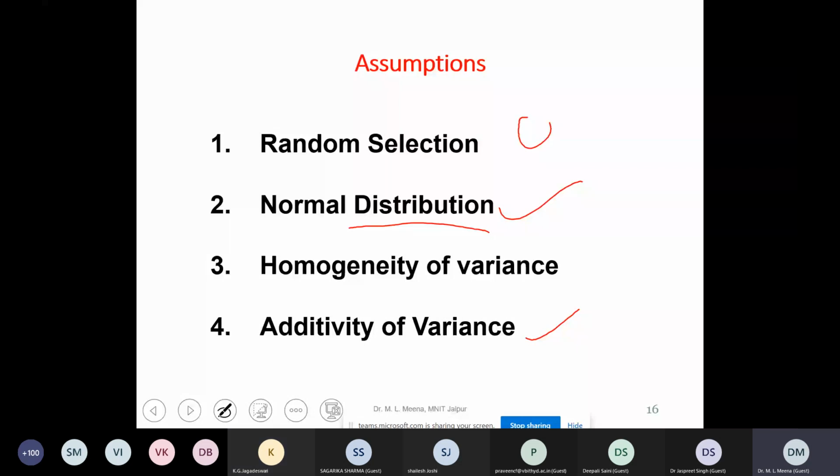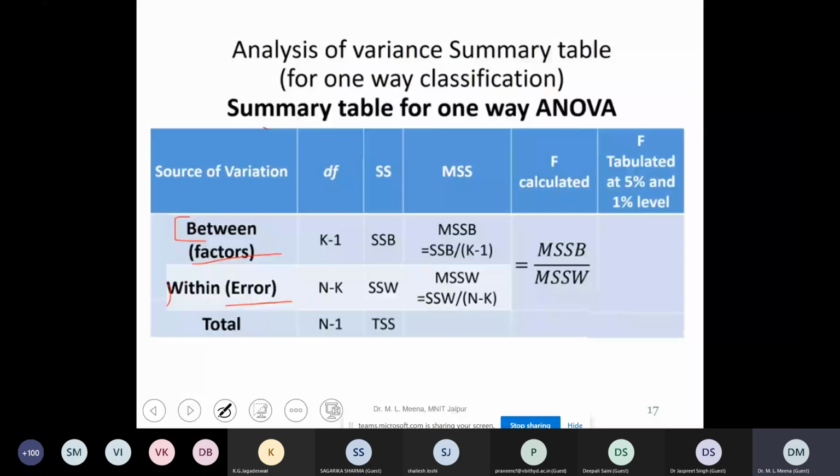Now this is the one-way ANOVA table, the standard table for finding the F value manually. Nowadays, various software packages are available in the market, and some may be freeware. They solve ANOVA one way or two way by software. But how do we calculate the one-way ANOVA F test value manually?